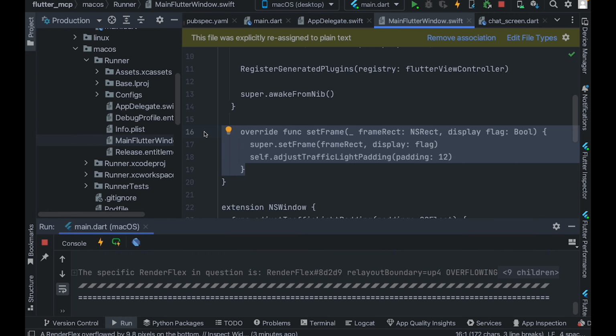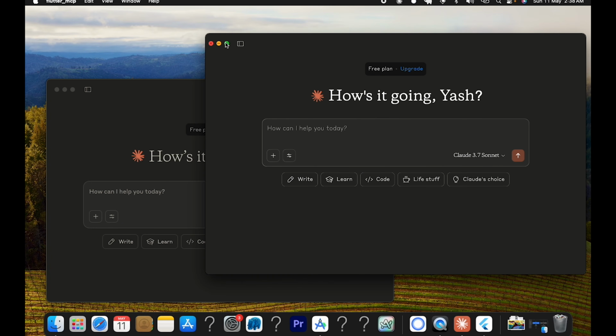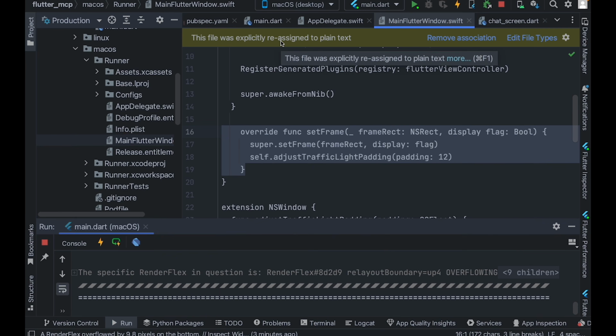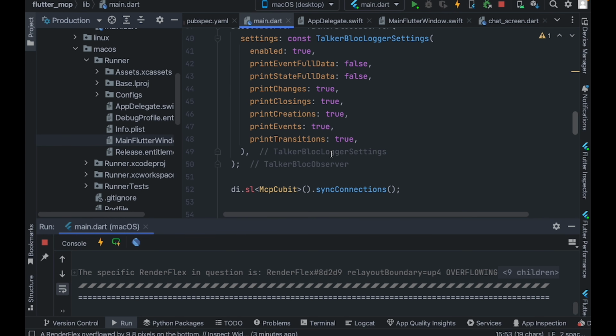That time we simply need to make sure that the padding remains the same. So that is how we achieved this, traffic lights to come in a little bit below, with added padding. And after removing the title bar and making the style hidden, what we can do is inside our chat